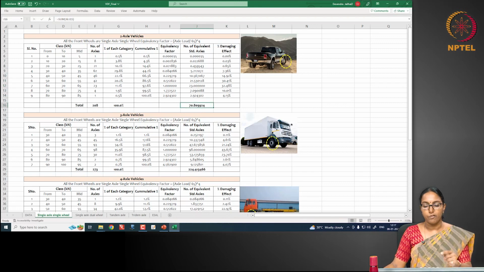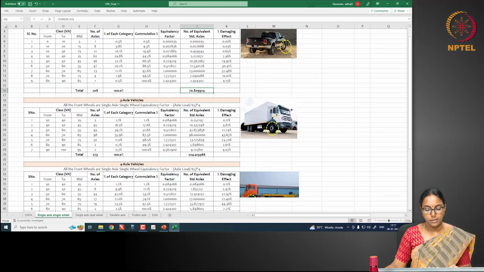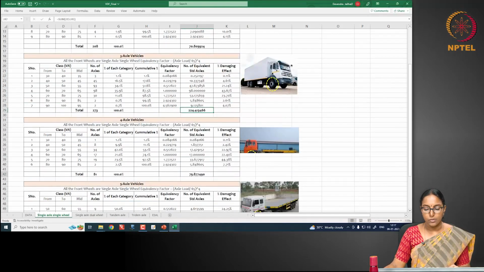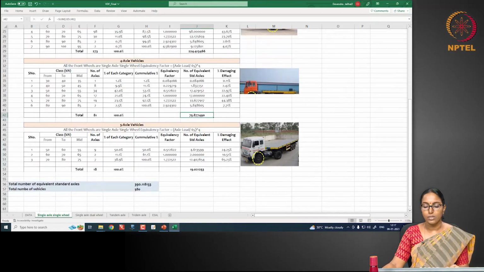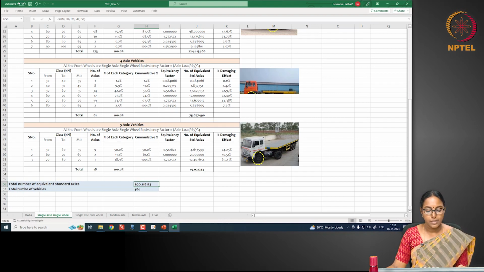So from the first class of vehicle, you got 70, the second class of vehicles is 224, third class of vehicles is 75, and the fourth class of vehicles it is 19. Okay, so sum it up together, you will get what is the total number of equivalent standard axles from this front axles alone, and the total number of vehicles that you have counted is 550 altogether. Okay, now moving on to the second